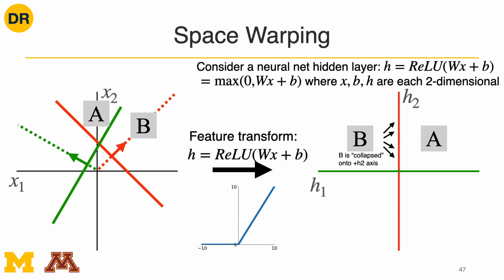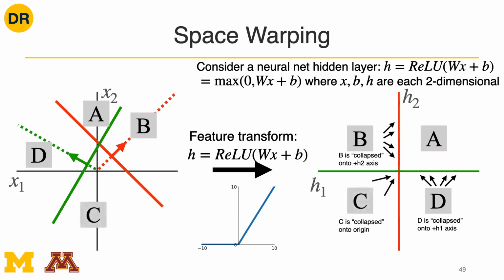Now you can imagine D also does the same thing. D from the input space with positive H1 and negative H2 would collapse to H1. Can anybody say what will happen to C? Let's say C is here. It collapses to the origin,